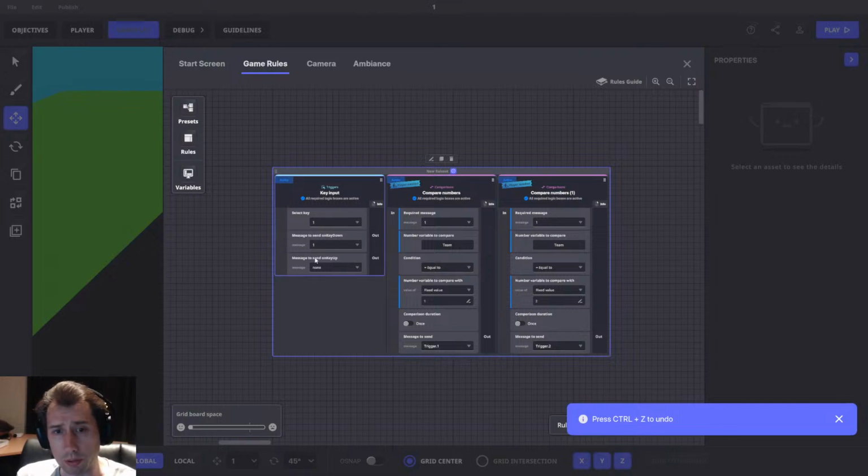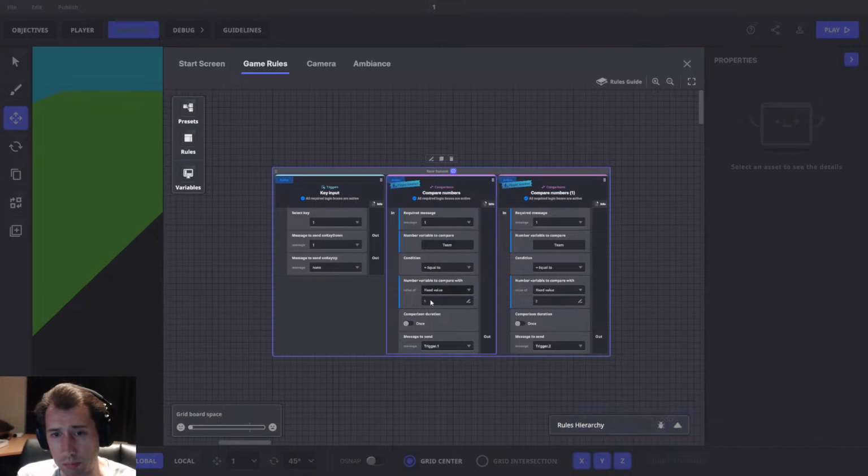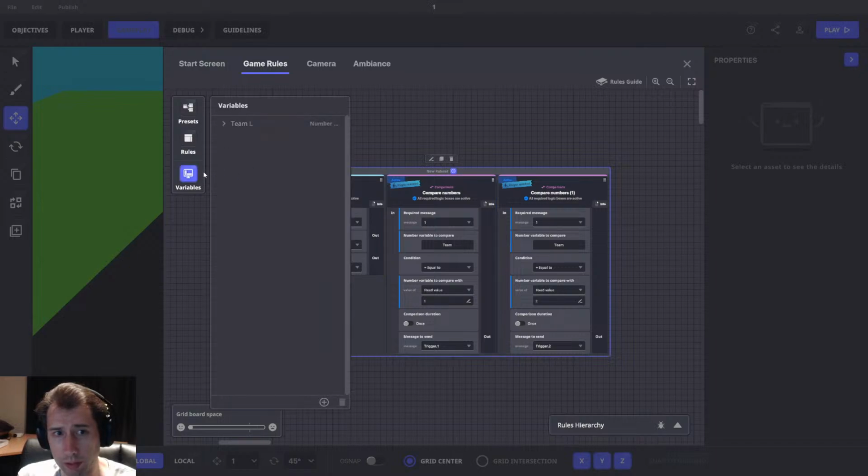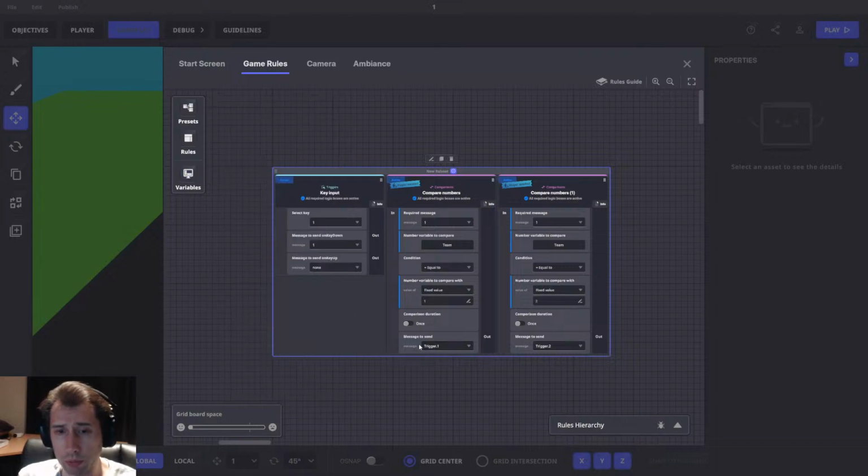So when the player presses 1, it's going to check the team. And if the team, your variable team, is 1, it will send a message trigger 1. And if your team is 2, it's going to send a message trigger 2. So here you're doing a comparison of the team for it to send a message to trigger things. So trigger 1, where can you send that to? So when it's sent,